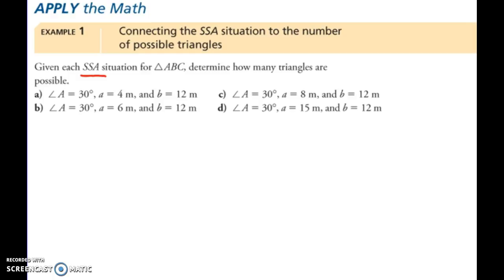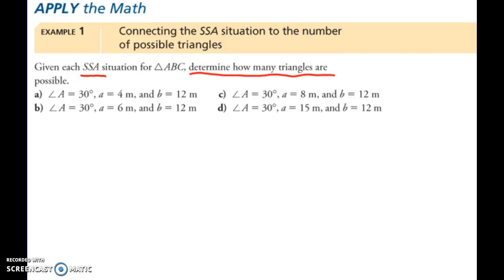and the measure of an angle that is opposite of one of these sides. You can get triangles that form either two triangles. It could form one right triangle. It could form an obtuse triangle, or it could form no triangles at all. Okay, so with this information, these are ambiguous cases. And for this example 1 on page 182, we're going to see how many triangles are possible with the given